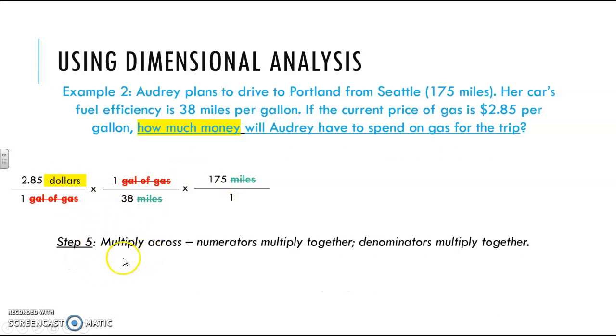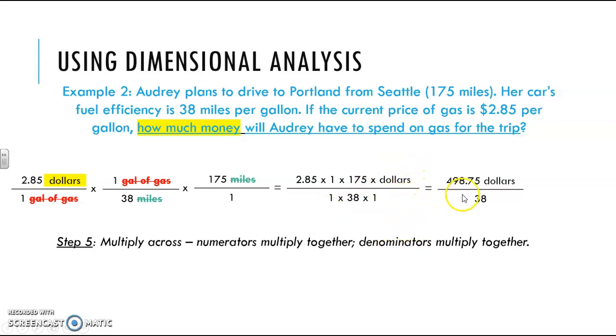Step 5 is to multiply across, right? So when we multiply fractions, all of the numerators are multiplied together and all of the denominators are multiplied together. So here that is set up. You'll notice that the units are still there, but the only units left are dollars at this point. Then multiplying, I get